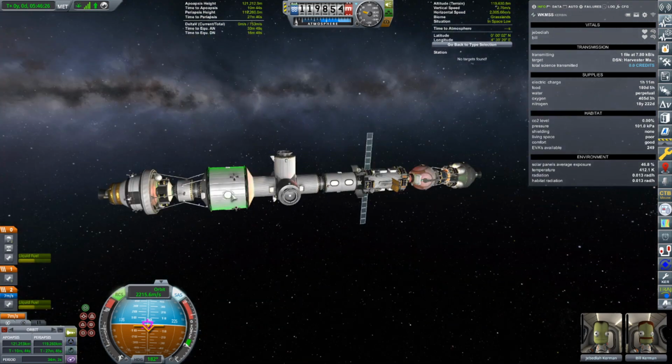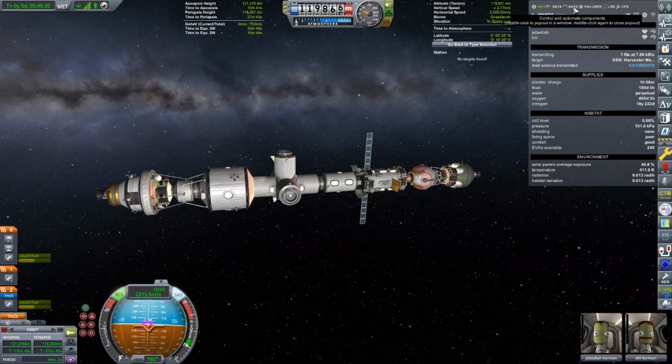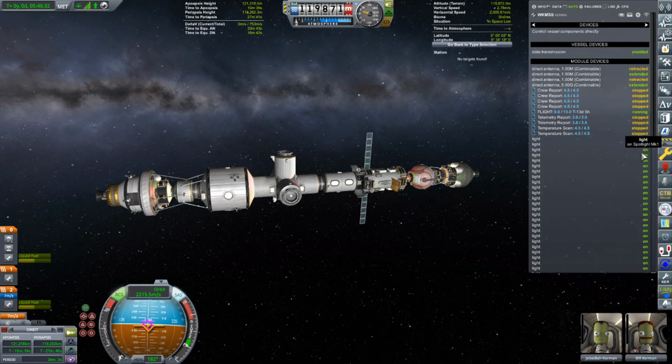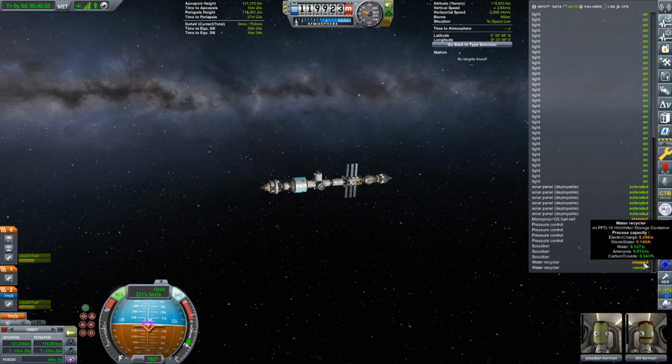Now, let's turn all this power back on again. We turned off everything. Remember, we turned everything off to conserve power. The lights are all down here. Oh, we need to turn on all of our solar panels, like so. We don't want the fuel cell on. We don't want all our pressure control on. We want all our scrubbers on, and we want...